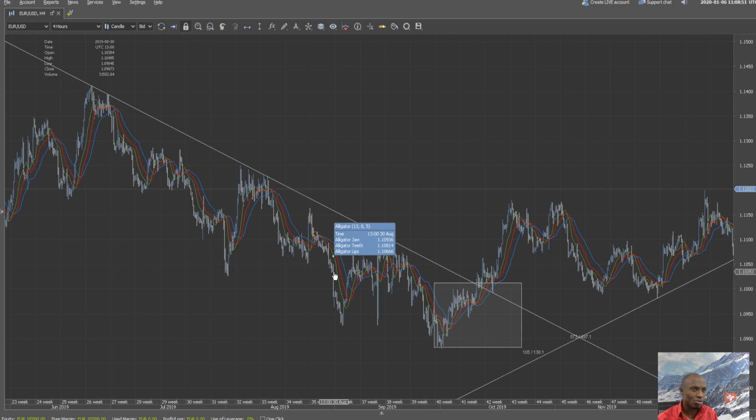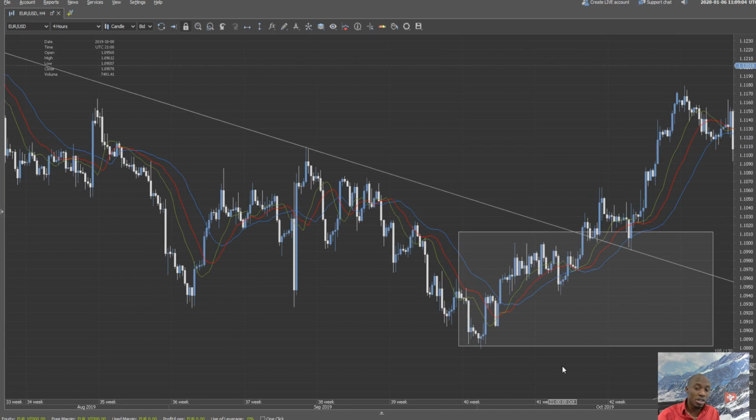It is still the same thing, but I use 50, 100, and 200, mostly the 50 and the 200. The 200 is the long-term moving average, and the 50 is the short-term moving average. It's almost the same with these alligators. And the theory from Bill Williams for these alligators,